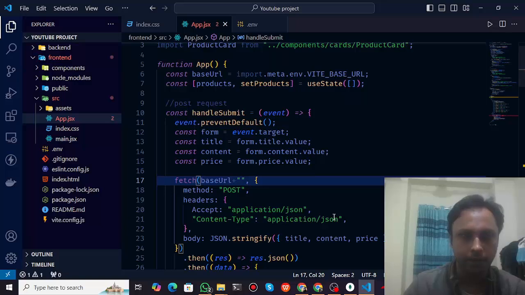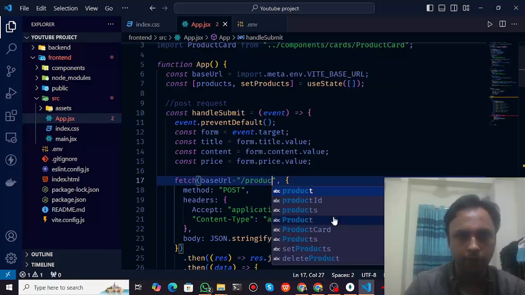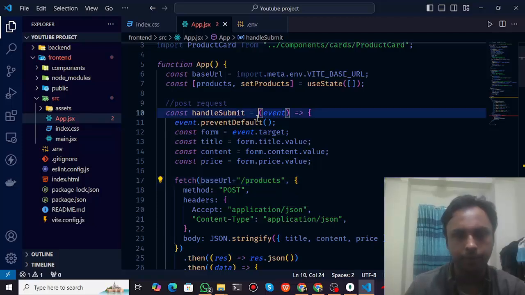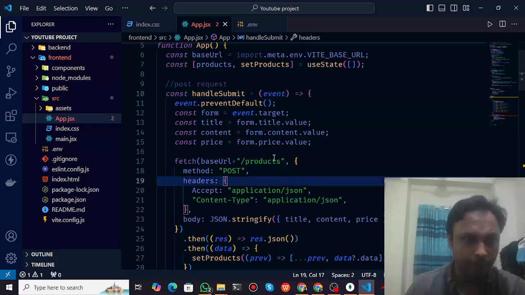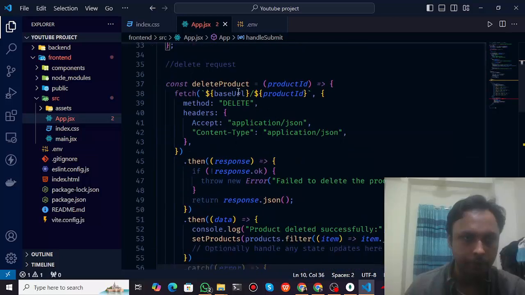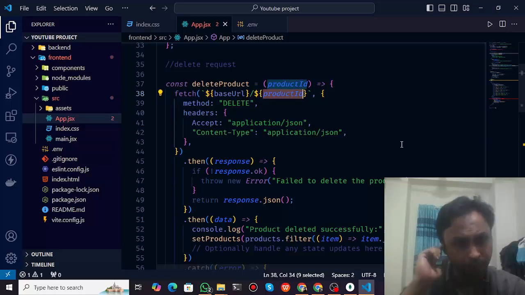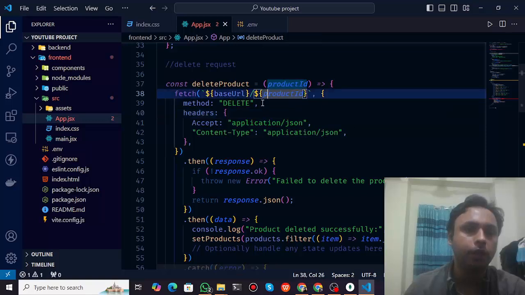We're going to add the API endpoints here. This was for the products, I guess, yeah, and this was for making a post request. This was for delete requests. So now we have the base URL and we have this products endpoint. But we would like to add another thing here, which is